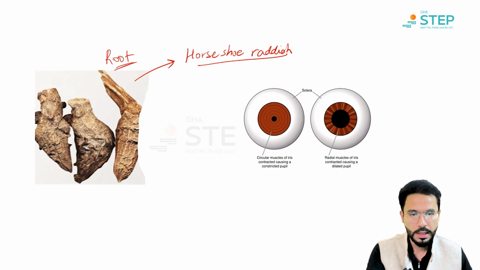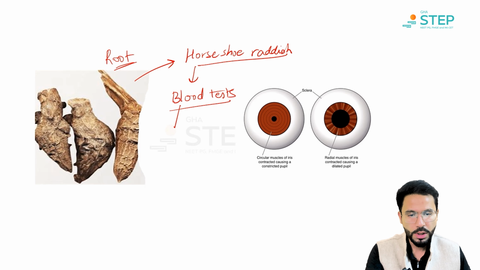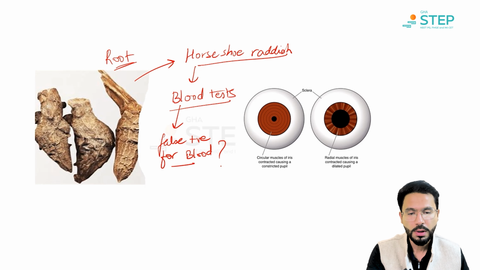Because a horseshoe radish almost looks like this, the root of horseshoe radish, but this horseshoe radish is taken into consideration when we are talking about blood tests. Okay, why? Because this will give a false positive for blood. Why does it give a false positive for blood? It gives a positive for the